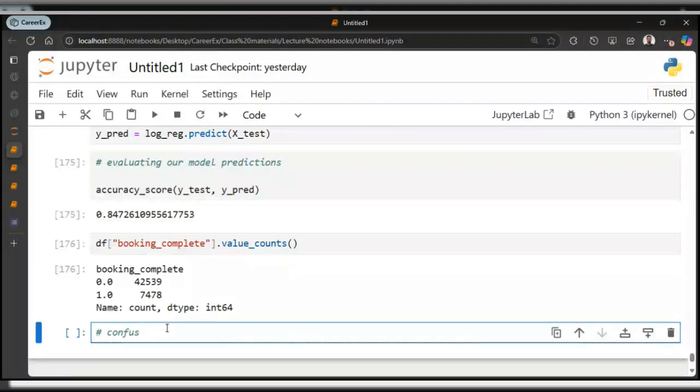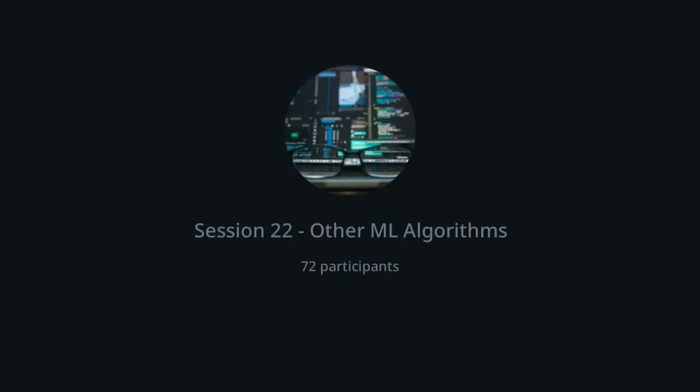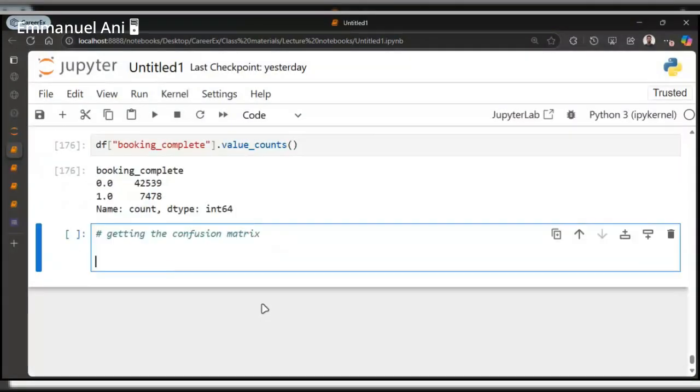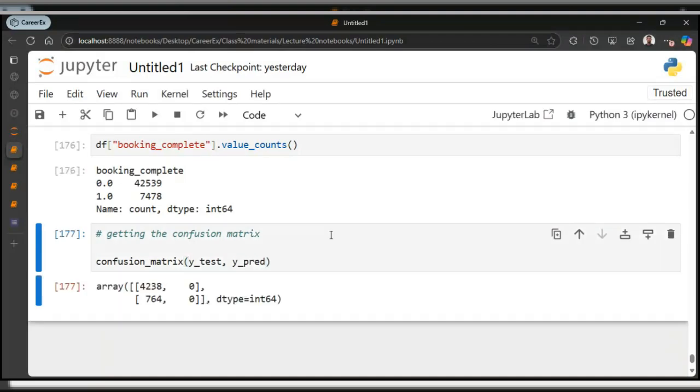So, getting the confusion matrix. To do that, did we import it? Okay, we imported confusion_matrix. So I'll say cmax equals confusion_matrix of y_test and y_pred. So this is it here.